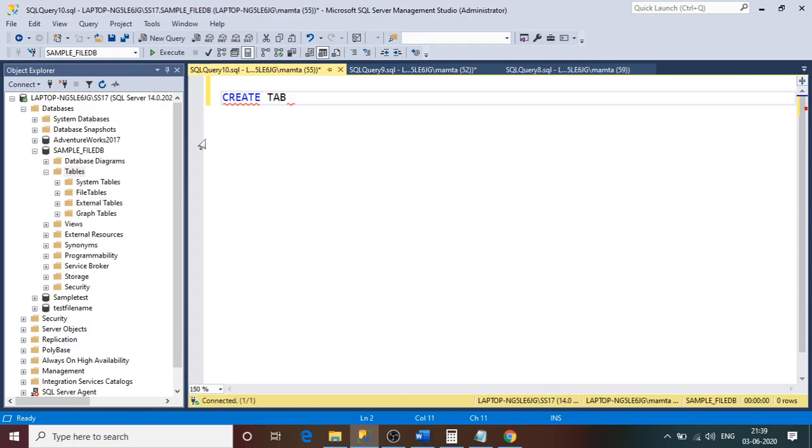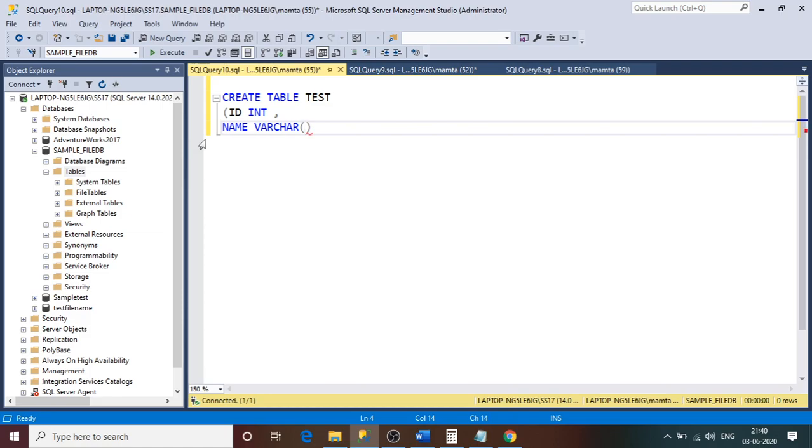Let's create table test, with a simple column id int and another column name with varchar 20. I'm keeping this table very simple: no index, no identity columns, nothing.